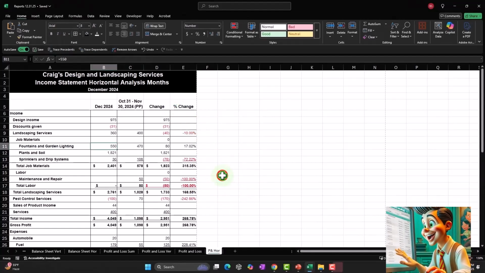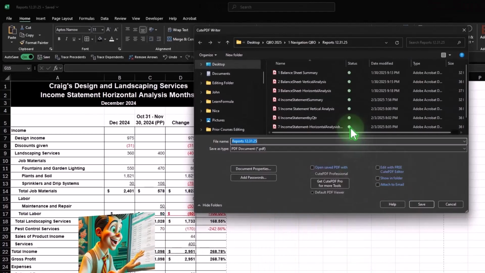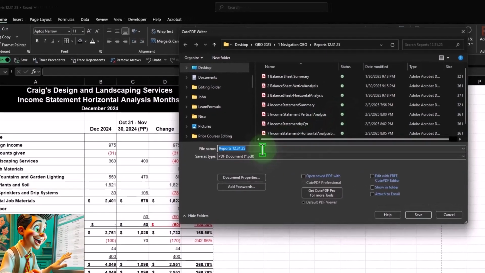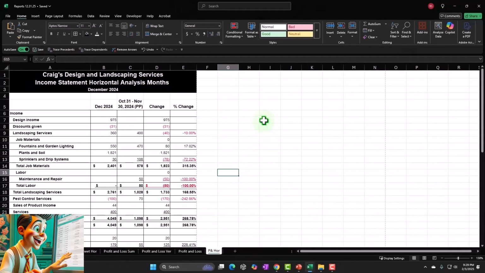And then we're going to export it, and we'll put it right here, reports. I'll just overwrite this one. All right, so now,